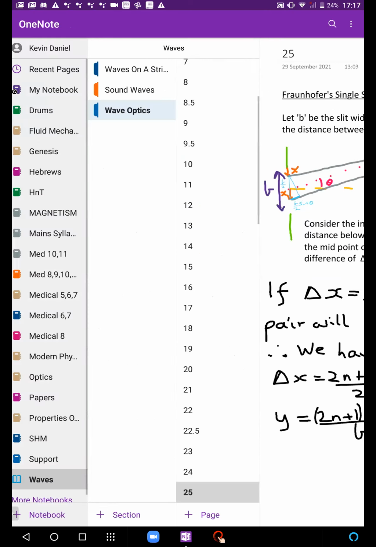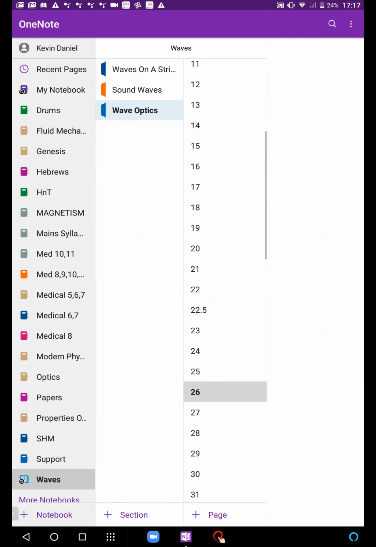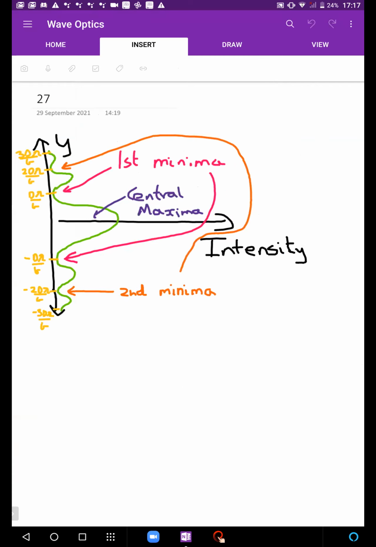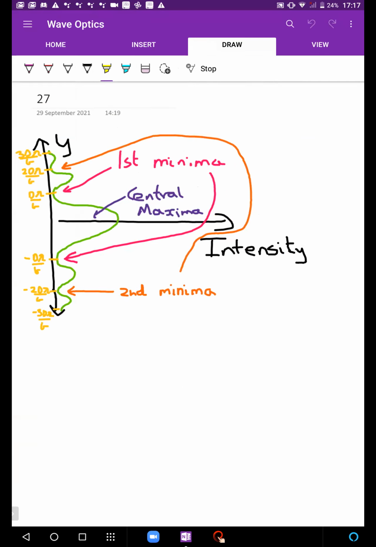डेरिवेशन थोड़ा सा कॉम्प्लेक्स है, but basic idea is in a front of a single slit diffraction you have one bright fringe at y equal to 0, and then you have minimas at d lambda by b, multiples of d lambda by b. तो 0 पे सेंट्रल मैक्सिमा और फिर मिनिमास at plus minus d lambda by b. For all other fringes the fringe width is 1 d lambda by b, but for the central guy the fringe width becomes 2 d lambda by b,